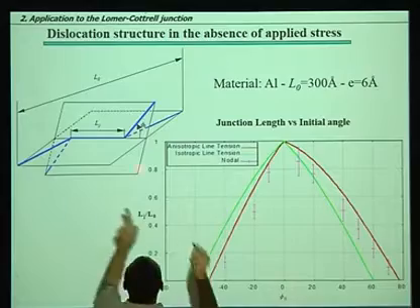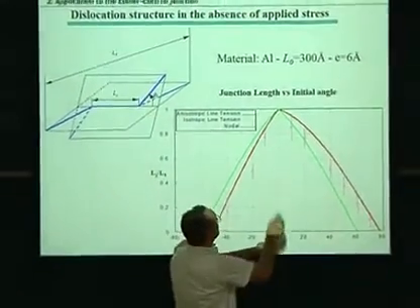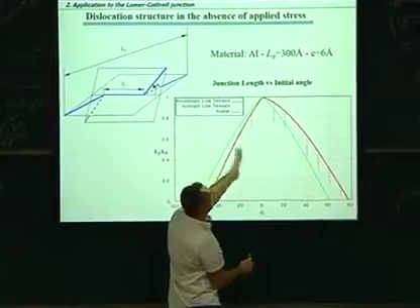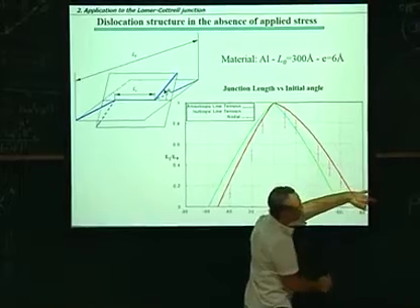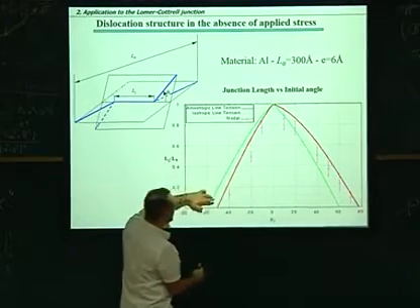So here, I changed this angle phi 0. It's the same for the two. And I plot the length of the dislocation junction, this length, if I change phi 0. So if you increase up to, let's say, 70 degrees, you still find a junction. If you go beyond, you don't have a junction, they will repel. And on the negative side, it's not really symmetric.